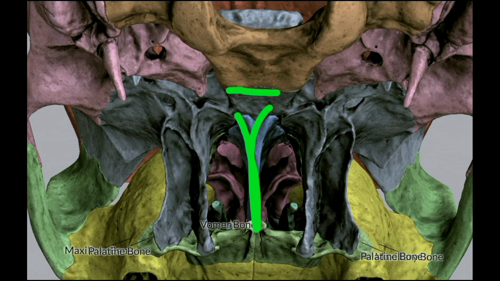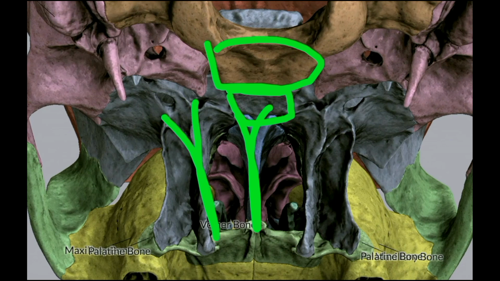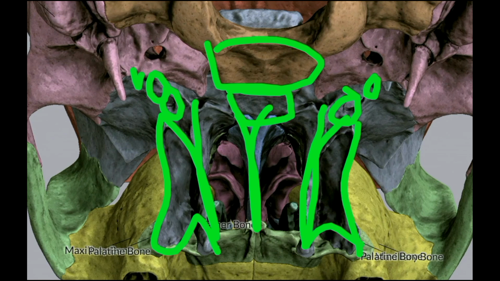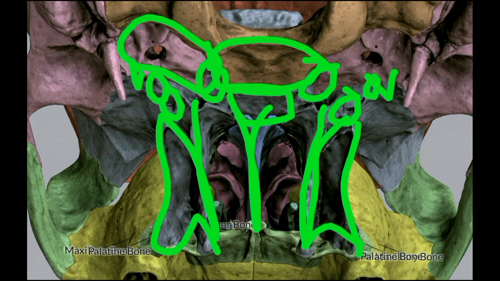So what you see in the median part is the vomer with its diverging alae, basisphenoid and basi-occiput, and on either side of the vomer bone you will see choanae. Lateral to the choanae you will see the medial pterygoid plate, and lateral to that the lateral pterygoid plate. Medial and lateral pterygoid plates are like the parts of an open book. When you open the book, the margin of the book forms the root of the pterygoid plate and the two diverging parts, the medial and lateral. It's like an open book.